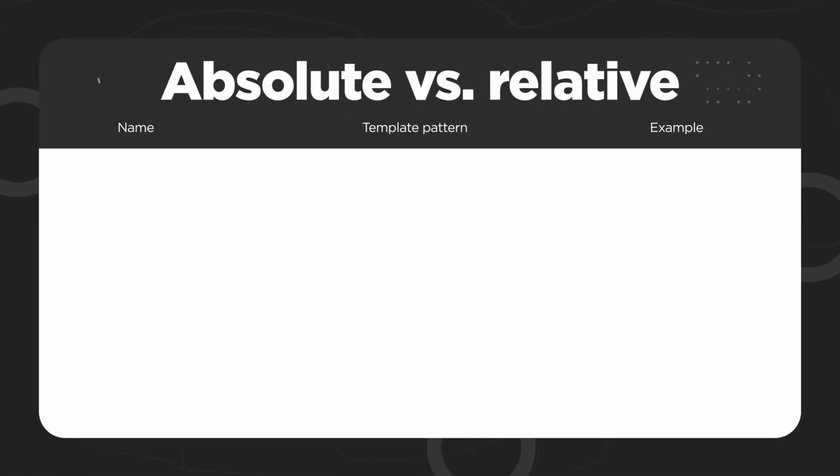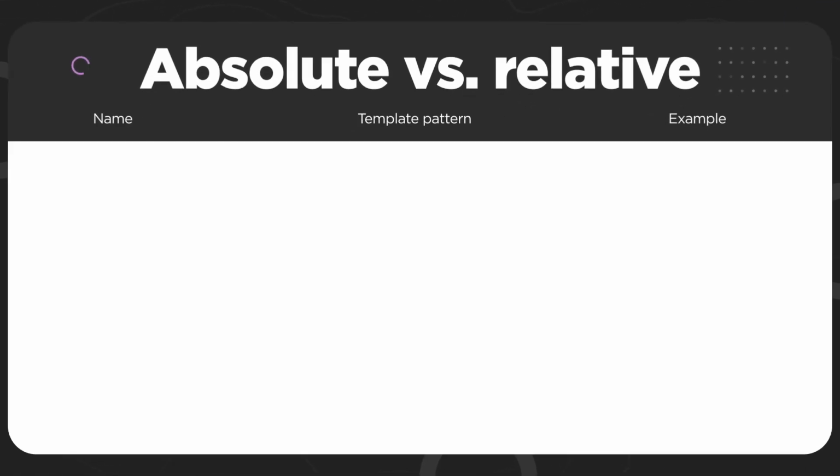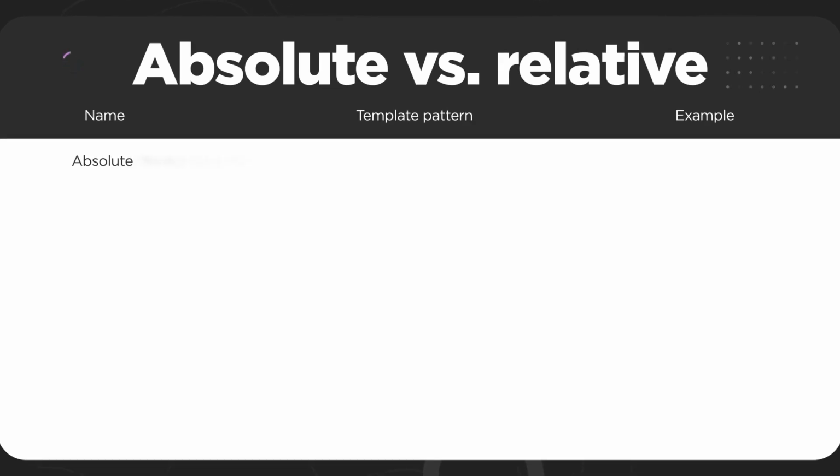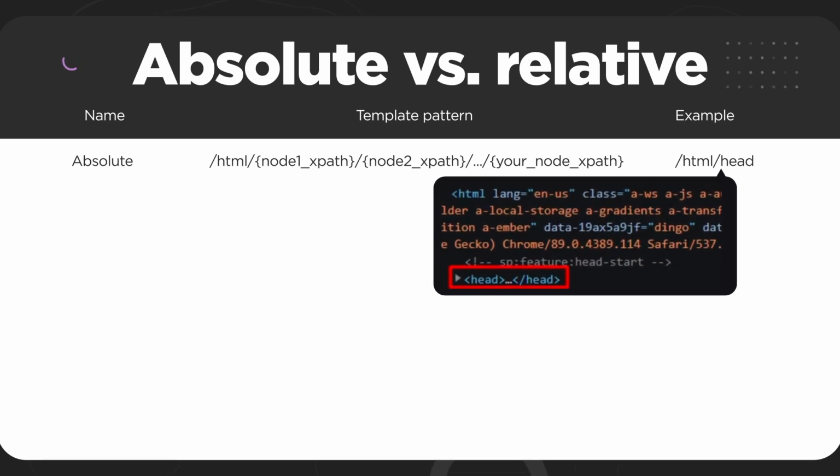In XPath you can find two different types of paths in its turn. The first one is the absolute path. It starts from the HTML DOM root and looks like the following: /html/first node XPath/second node XPath, etc. /your node XPath. This is the most primitive type of XPath selector in Selenium, and I do not recommend you